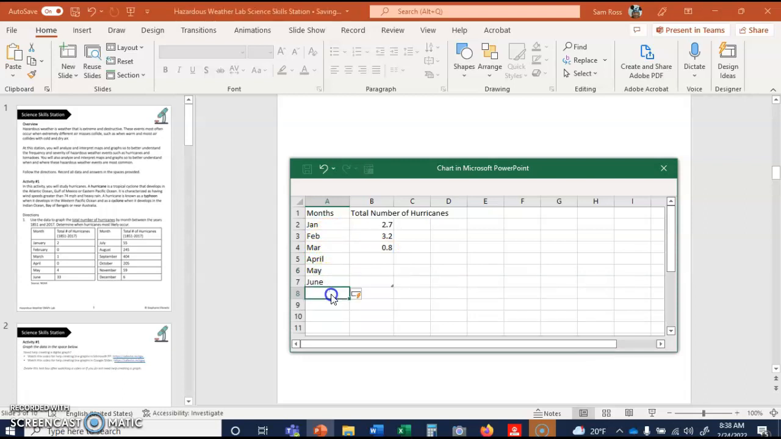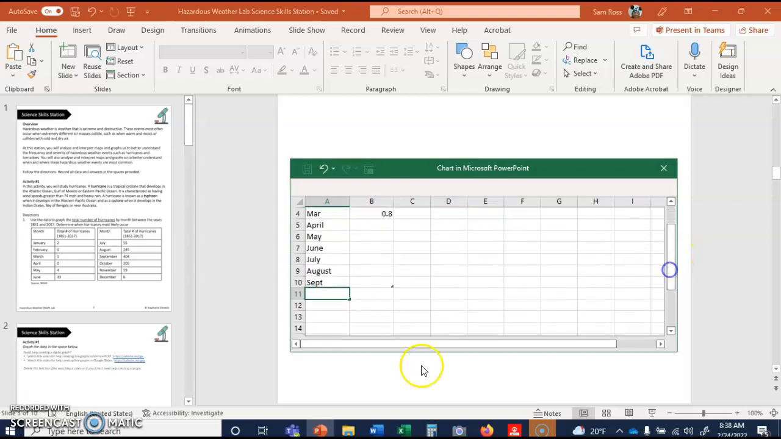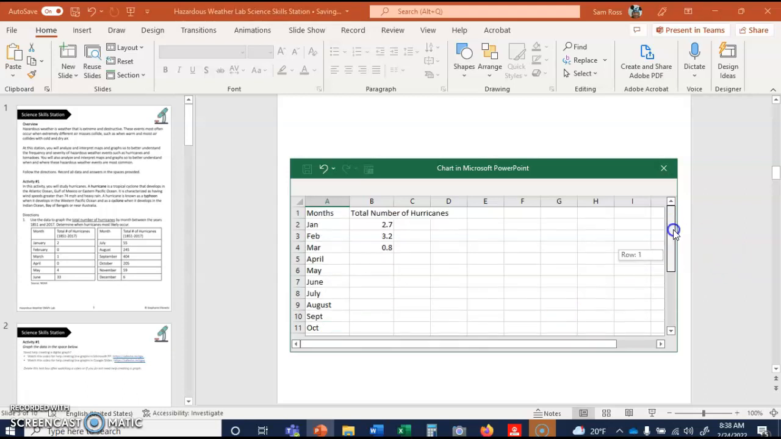June, July, August, September, October. I'm sorry, I know this is super boring. I just want to show you how this works. November, December. Okay. And then over here,